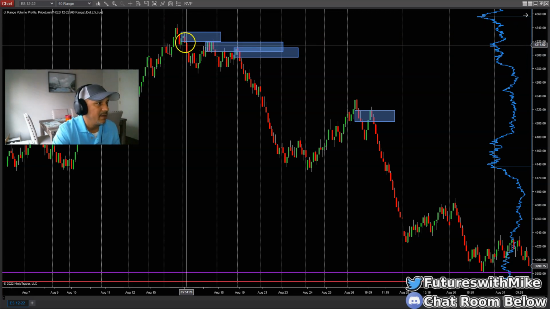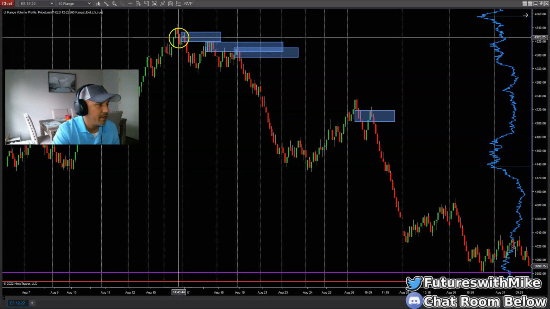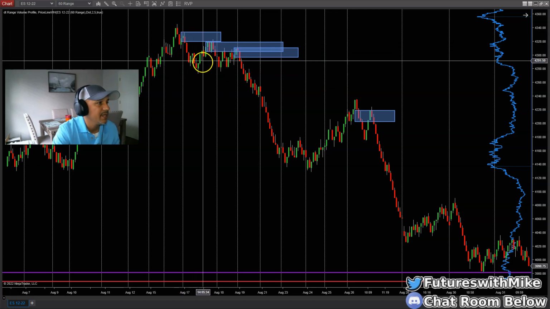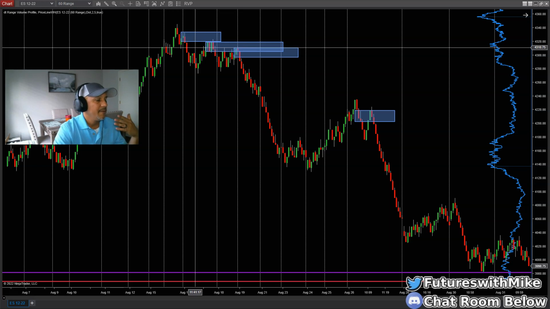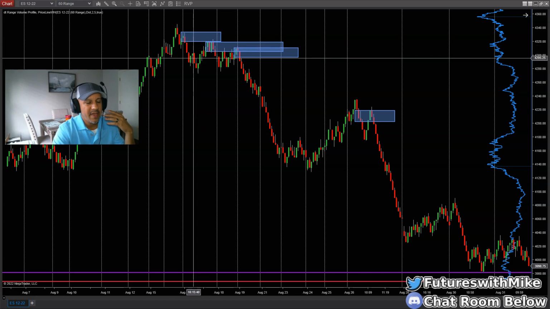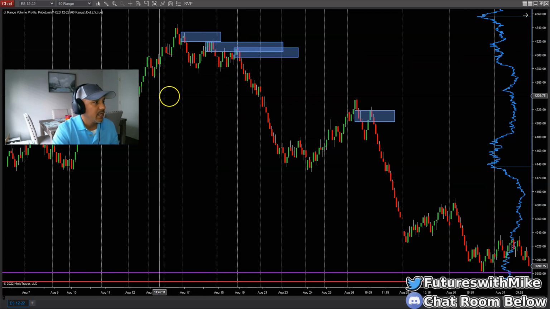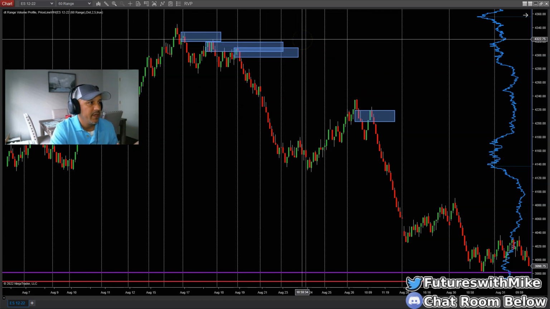If I see an immediate push to the downside, meaning price broke through an area of support here, forming a swing with this aggressive selling, and price immediately pulls right back to that area, okay? That's an immediate pullback, and I can take a trade from that area. I'll feel comfortable, as long as price hasn't taken a period of time, meaning just continue pushing to the downside, making lower lows and lower highs and breaking through areas of structure, and then it takes time for it to come all the way back up here. Then that'd be a different story, because once price gets back up there, I would probably want to be waiting for,